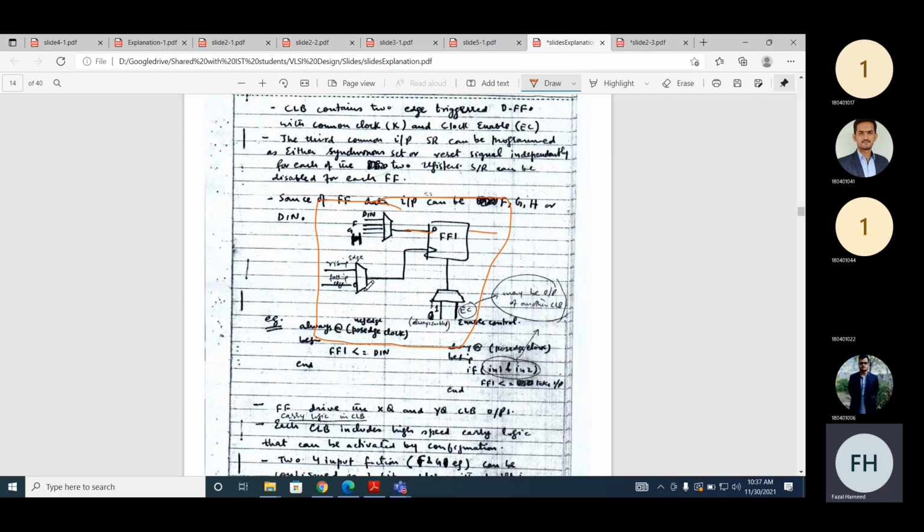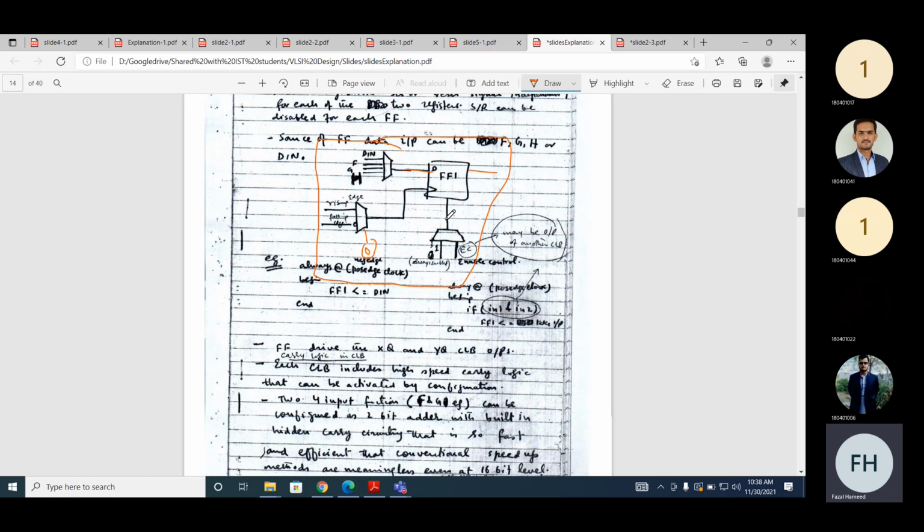If you look at the clock, there is rising edge or falling edge, so there is an inverter and a multiplexer. Let's assume if we store 0 in this multiplexer, then it will implement a rising edge clock, and if you store a logical 1, a falling edge flip-flop. So if you are using always at positive of clock, it will implement a rising edge, or always at negative of the clock, it will implement a falling edge. Okay, now if you look at here, there is also an enable signal.